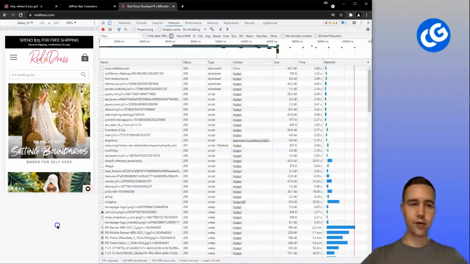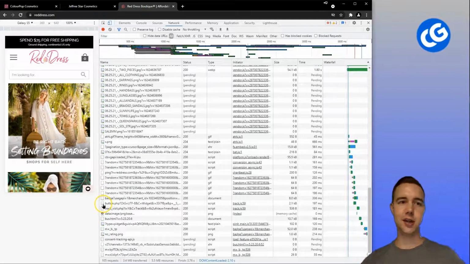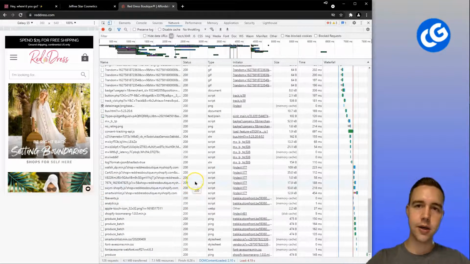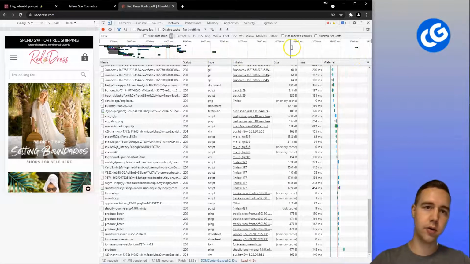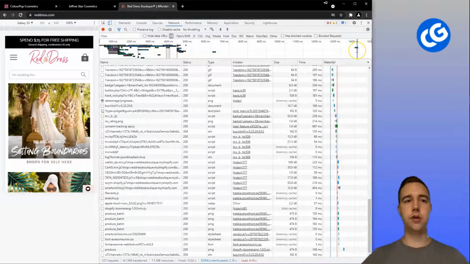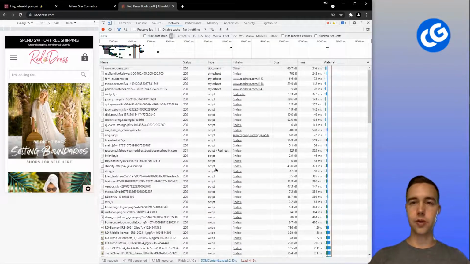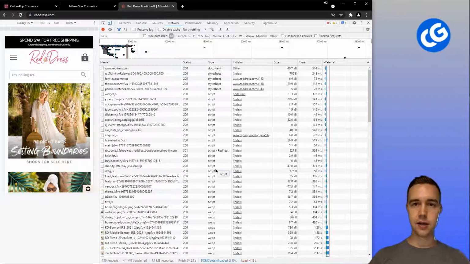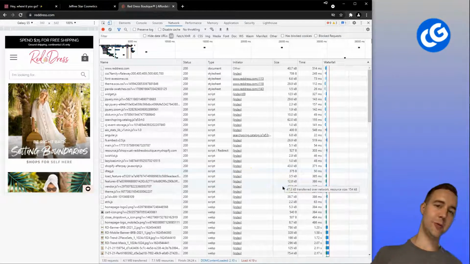So let me make some room to the left so I can stay here on the right hand side. And just loading this, obviously you see it load a lot quicker, but suddenly we have an idea here. Okay, so it looks like 6.4 seconds or so that it took to load the main things. There's something here coming later on, but usually those don't really matter. Might be the live chat plugin or something like that, but people are not looking to click on it 6 seconds in, so that's usually completely fine. Now you can see the different things that have been loaded, and this might be one option where you can consult your developer a little bit,